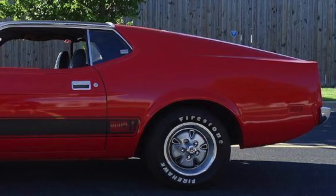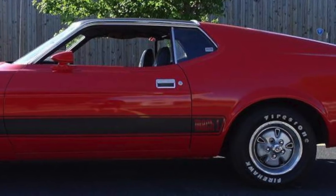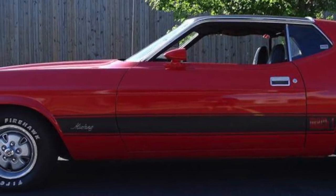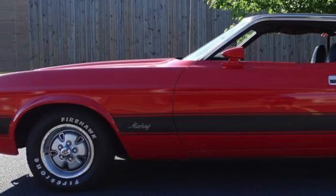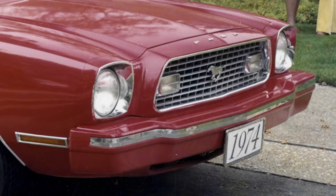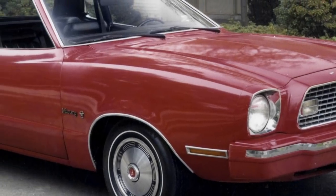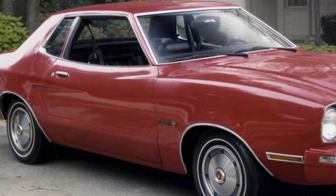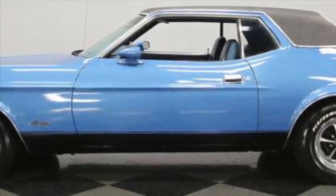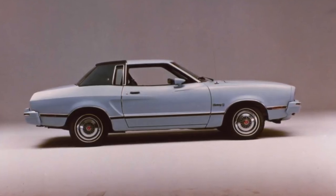To get an idea of how radical the change was from the large 1973 Mustang to the compact 1974 Mustang, here are the measurements. The 1973 Mustang had a length of 193.8 inches, a width of 74.1 inches, and a wheelbase of 109 inches. The 1974 Mustang had a length of 175 inches, a width of 70.2 inches, and a wheelbase of 96.2 inches. The 1973 base hardtop Mustang had a curb weight of 3,040 pounds, while the 1974 base hardtop Mustang had a curb weight of